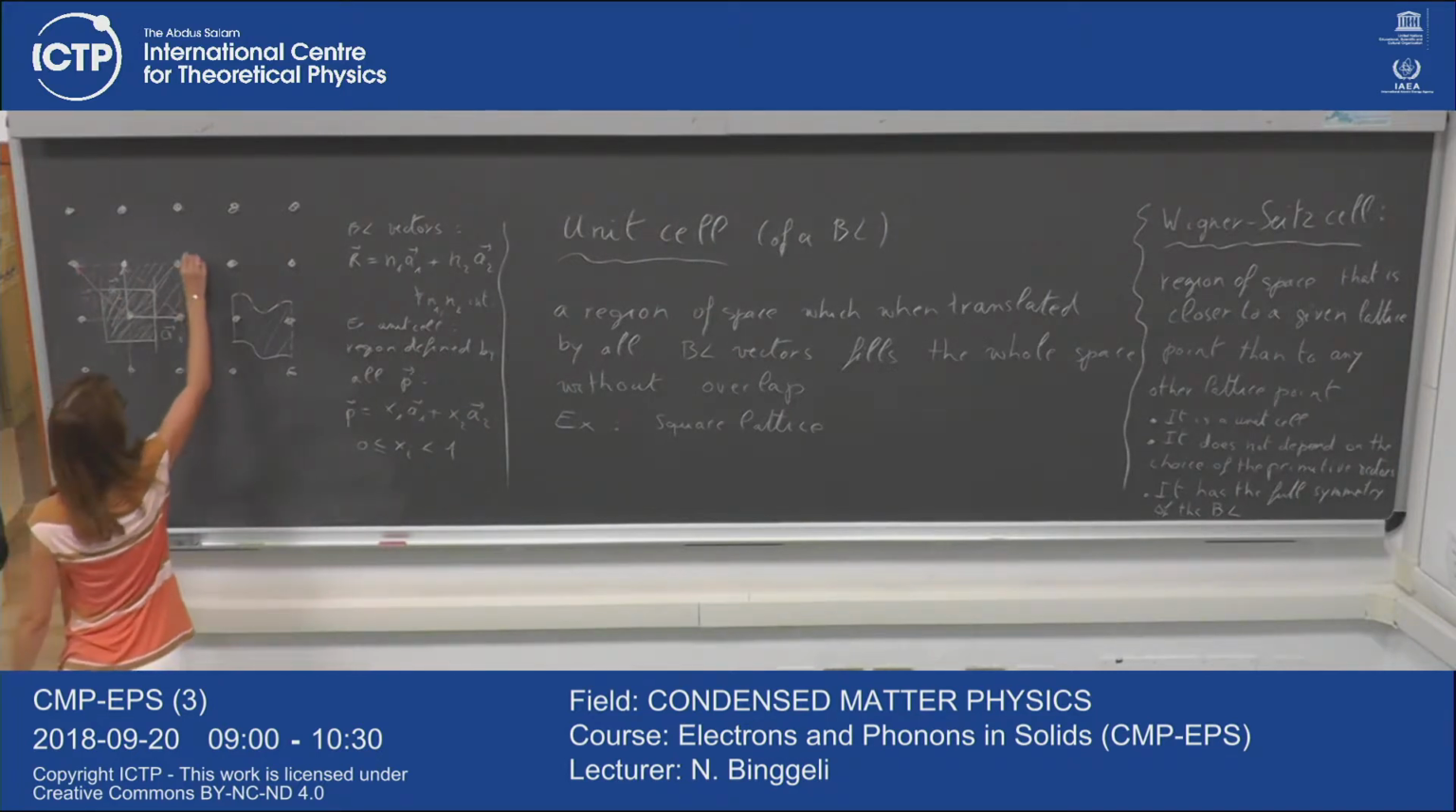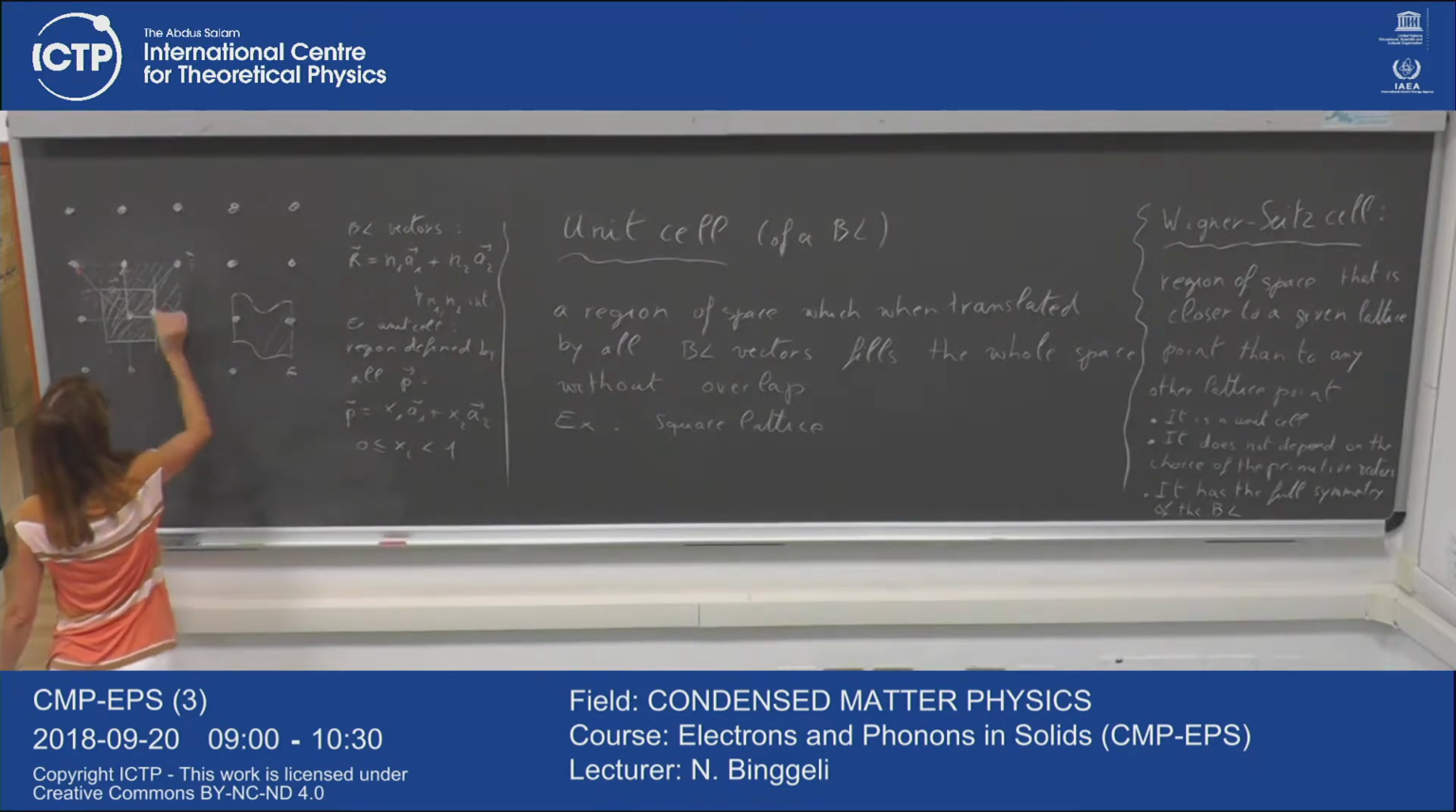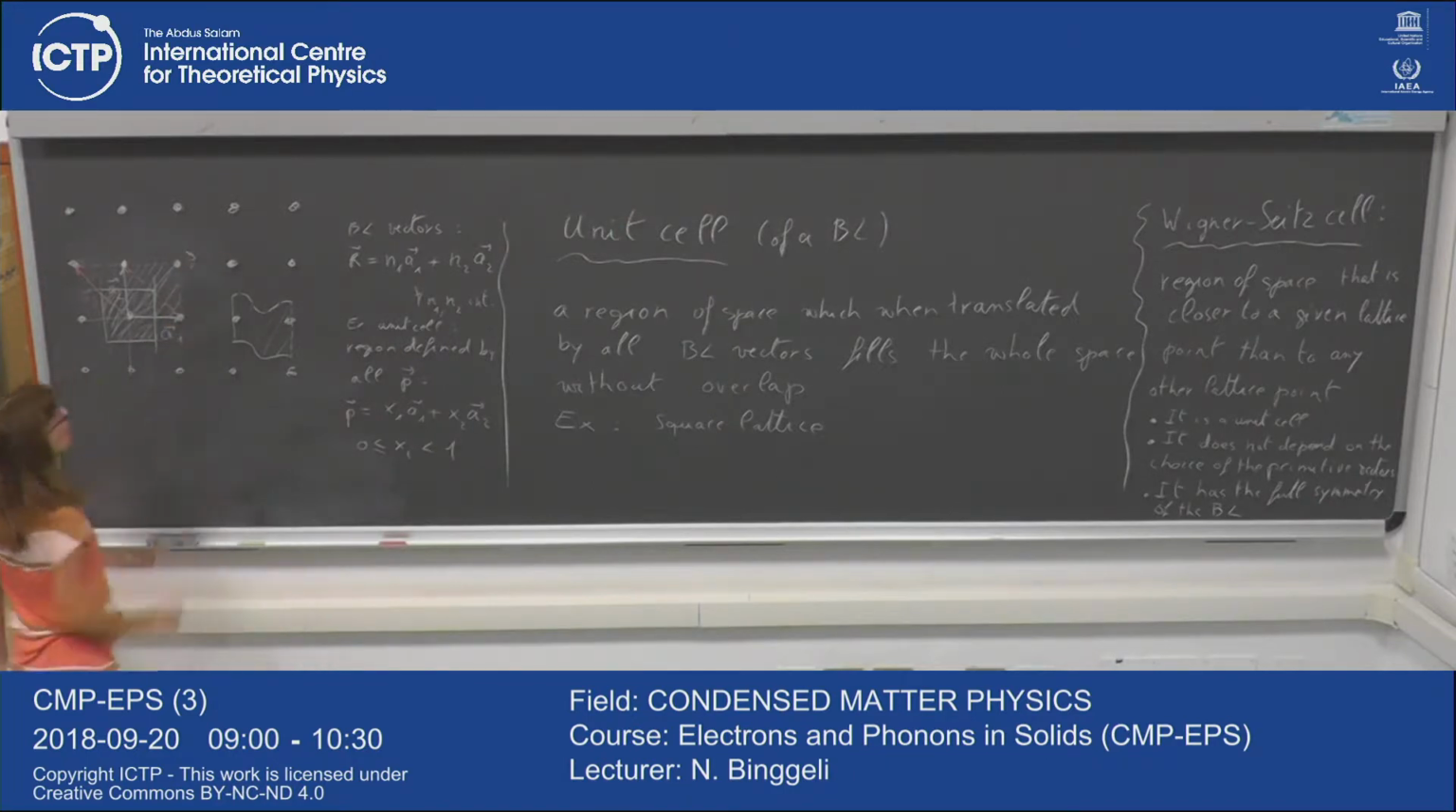So if I consider a point here anywhere in space, to show that it can be reached by translating the original Wigner-Seitz cell by a lattice vector, I use the following argument. This point is closer to a given lattice point than to any other lattice point in space, okay? So it belongs to the Wigner-Seitz cell of this lattice point. And therefore, by translational invariance of the Bravais lattice,